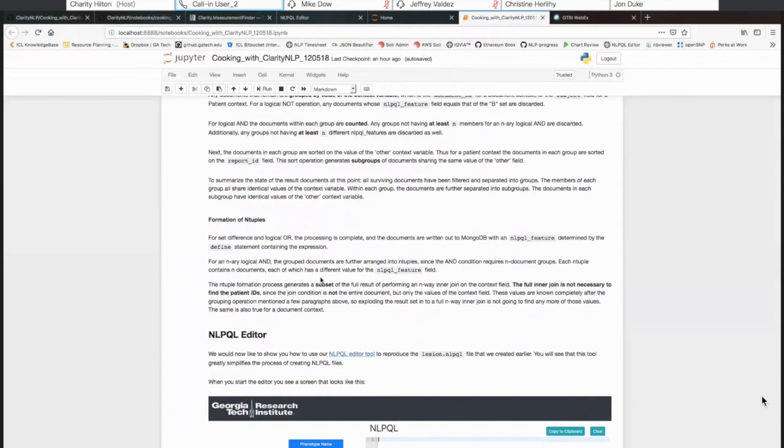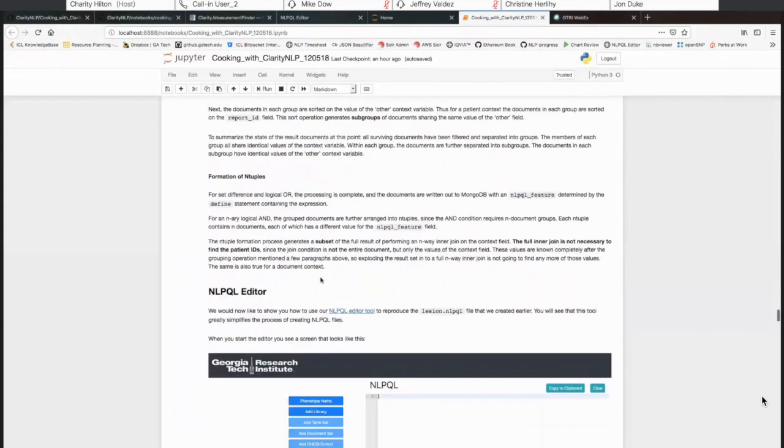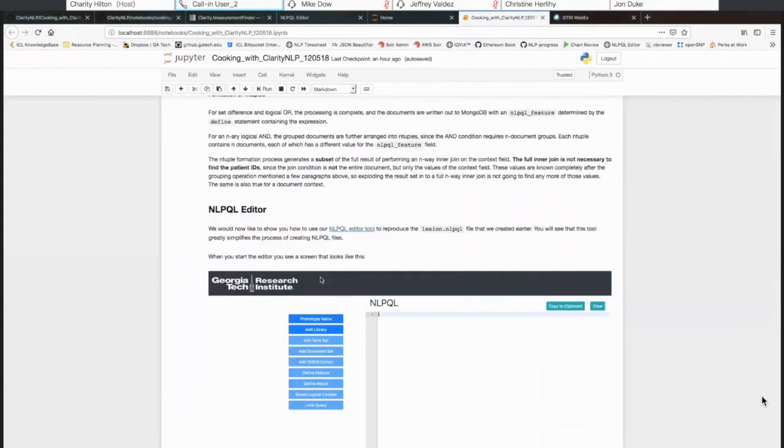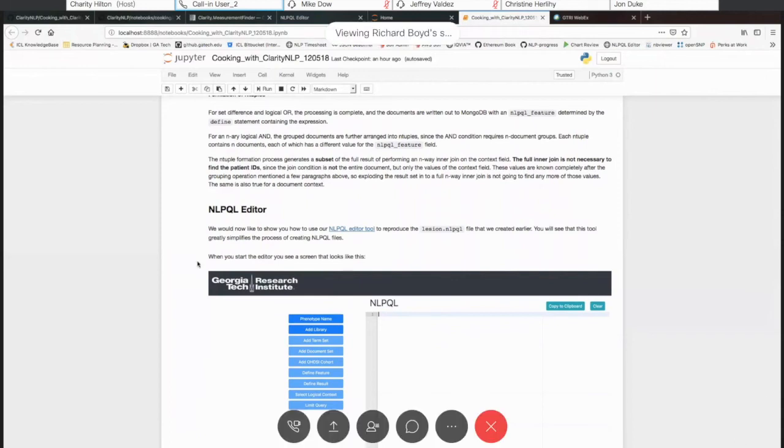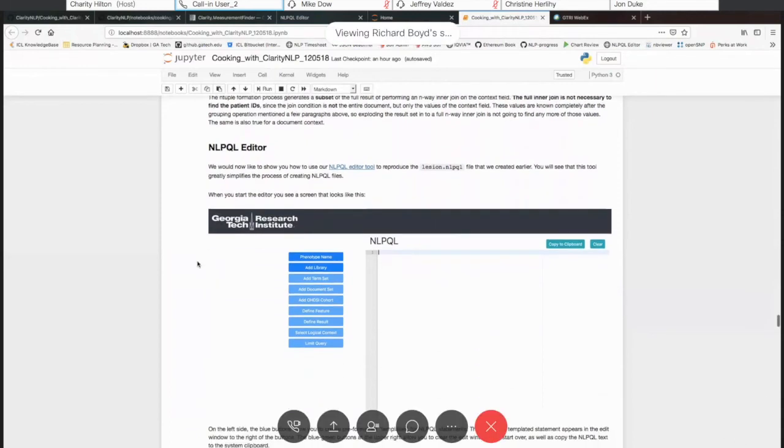We've got two types of expression, mathematical and logical. They're computed in somewhat different ways, but they both use the Mongo aggregation framework to do the evaluation. So before I proceed to the editor, are there any questions about any of the things we've covered so far? Or any comments? How are we doing on time here? 20 minutes left. Okay. All right,